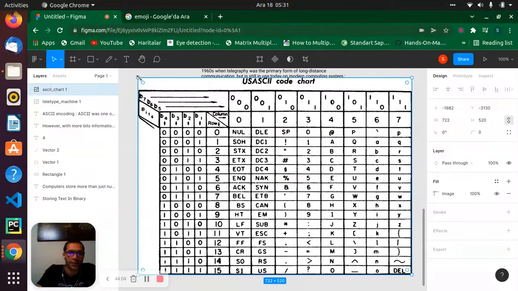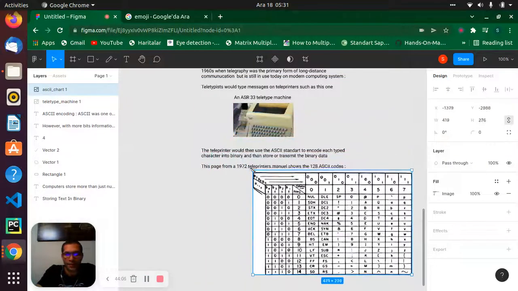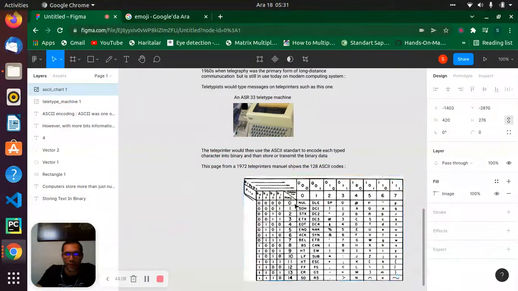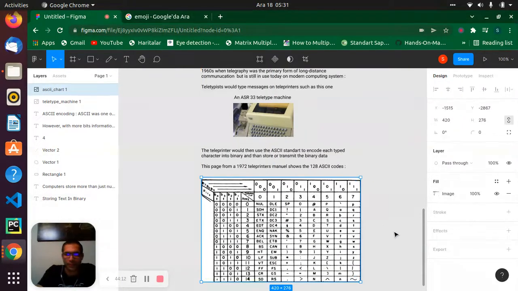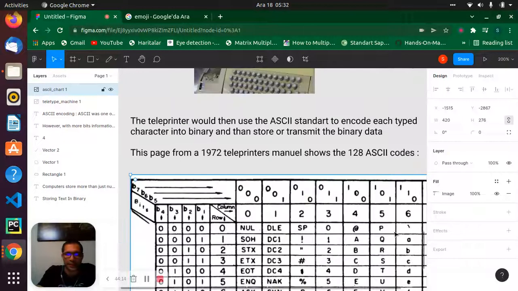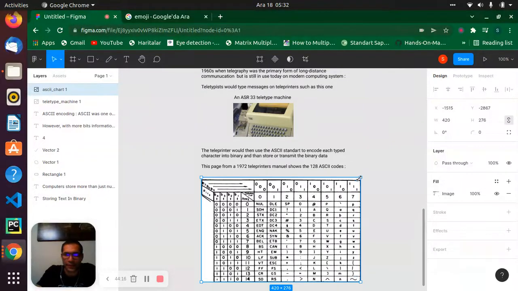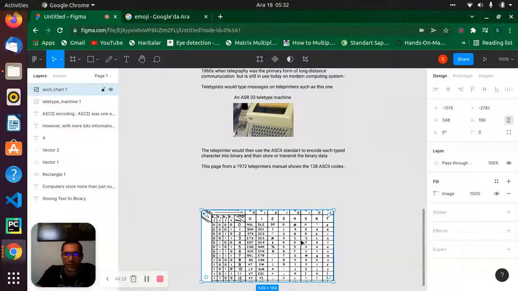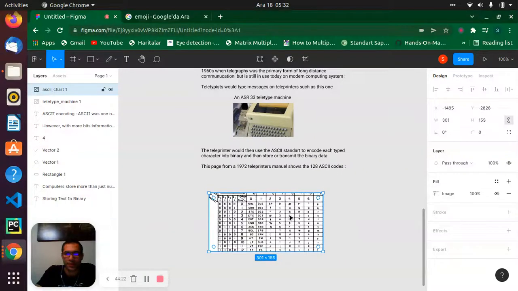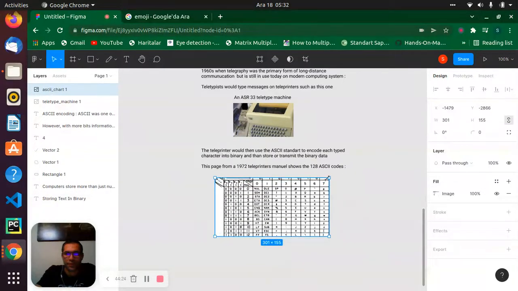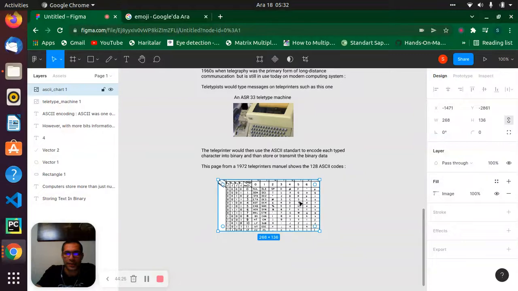Just make it small. Maybe I can put it here. Let's make it a little bit smaller. Okay, it's now okay.